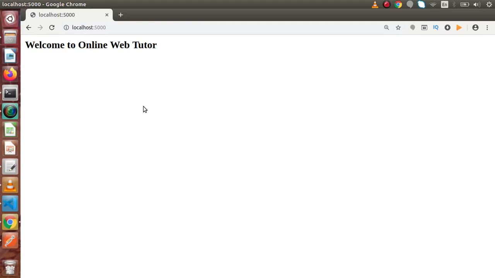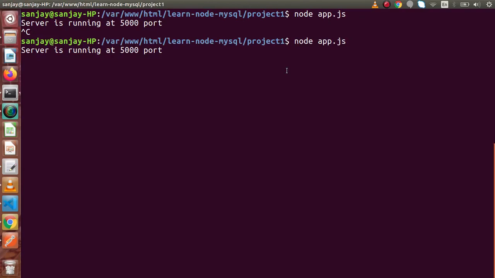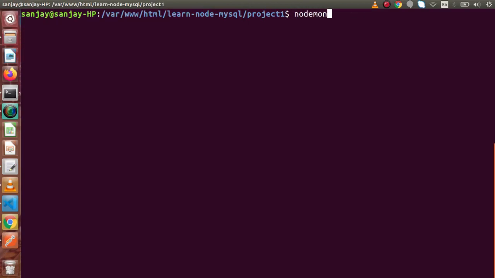But this time we are not going to use node app.js. Instead we are going to use Nodemon. So if I cancel this server and, instead of node, simply say nodemon app.js. This is our main module name, app.js, and instead of node we have to write nodemon. So if I press enter,